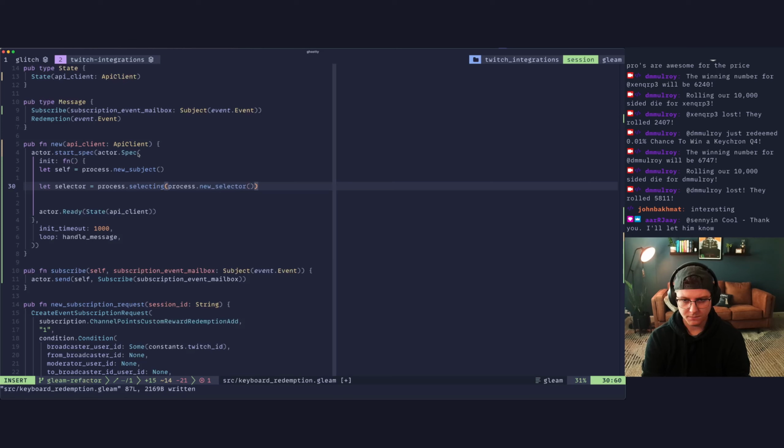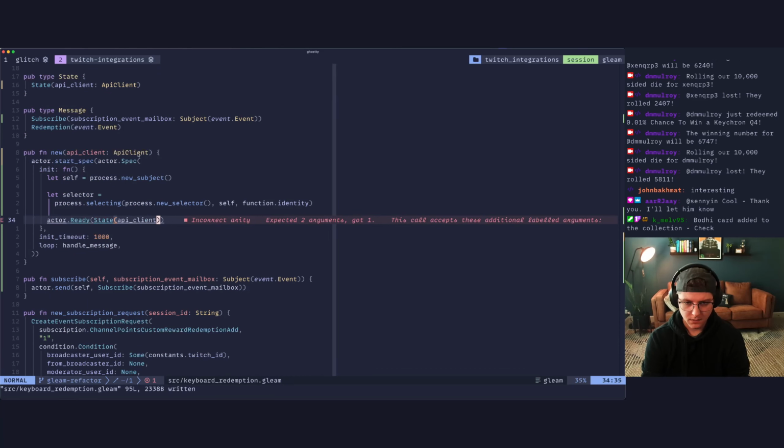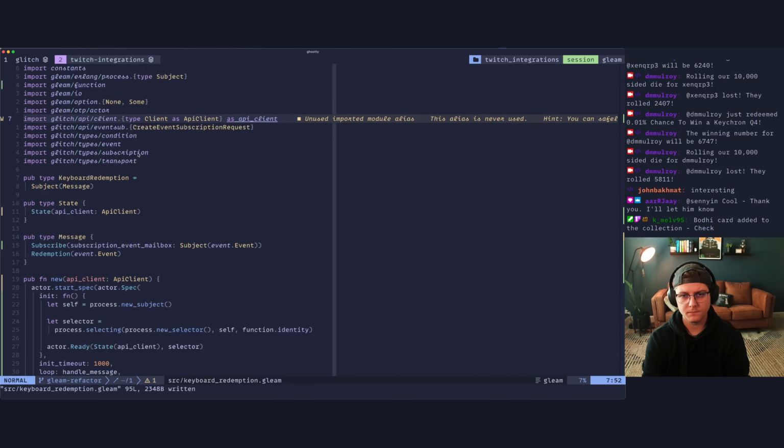And then we're gonna do from our own mailbox. And then we'll do function.identity. Let's bring in that. That'll be function. And then down here, this gets our selector. And now our selector, I don't know why this is so upset. Oh, that's right.